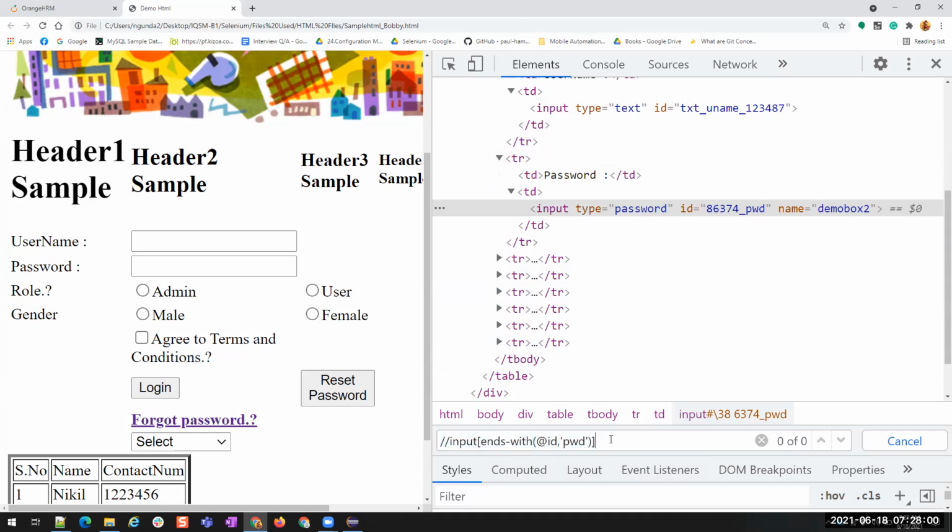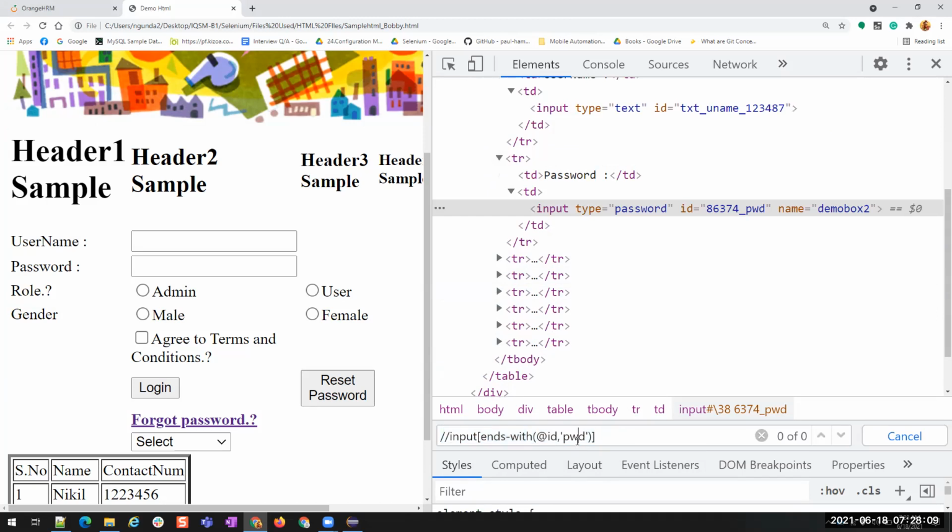So ends-with may or may not work on your applications. Though there is a method called ends-with, which checks attributes whose value ends with PWD, it will not work because ends-with is not available for all XPaths. Understood?